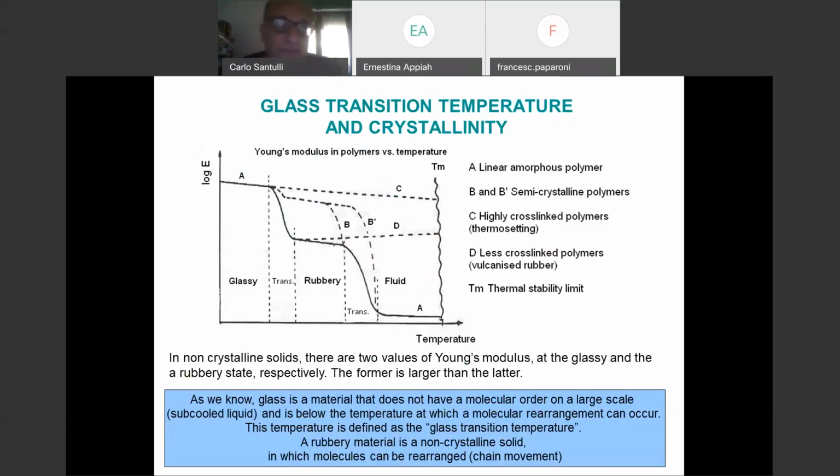because it's important to know where is your TG. It's important that your TG doesn't get into the way of the service temperature of your material, because if TG gets into the way, you are not able to use your material anymore. In other words, if I have a TG at minus 10 degrees, which is the case, for example, for some polypropylenes, if I use a polypropylene chair in the garden in a cold country, and the temperature gets into